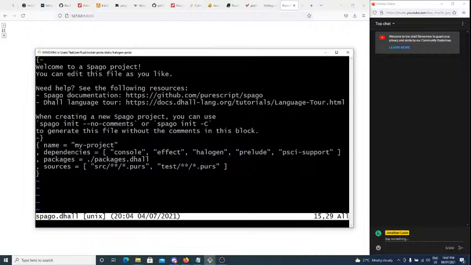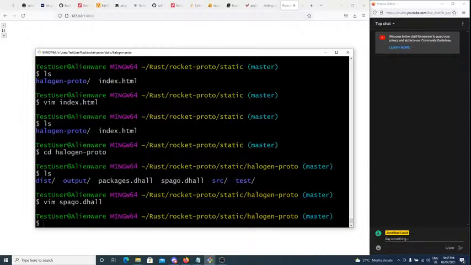PureScript uses package sets, so in the default package set for Spago, I think, it comes with halogen, so you can just add halogen as a dependency, and you don't have to worry about adding halogen to the package set or looking for a different package set to use. That's all taken care of for you. You don't need to look for it. Thermite might also be supported. I have no idea. It might be in the package set, but the only thing I saw was halogen when I was looking around. So yeah, we're just gonna move on.